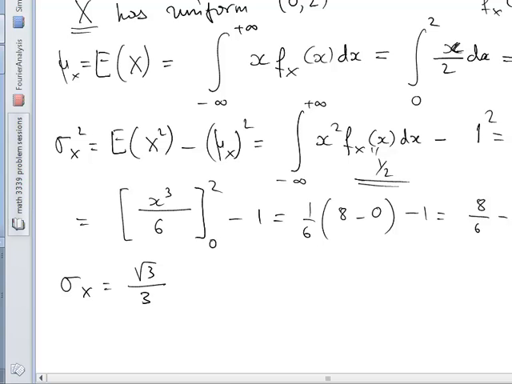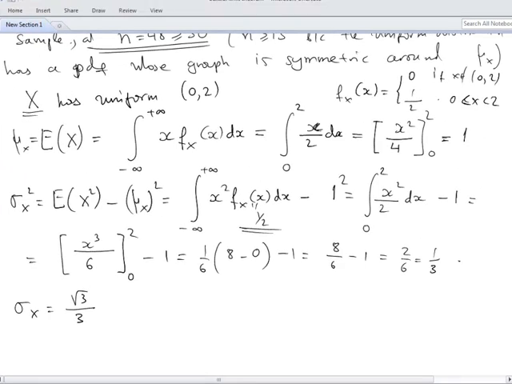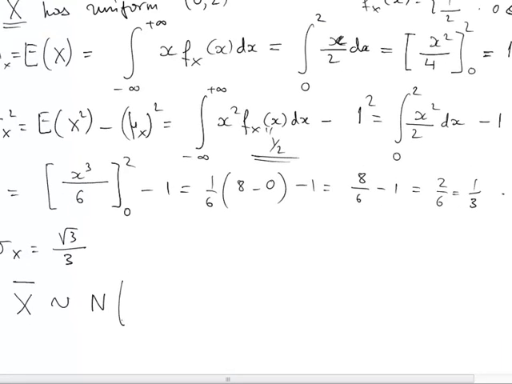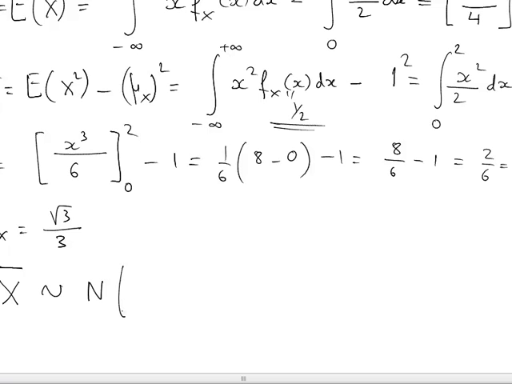So now I can continue. I have what I need. What do I know now? I know by the central limit theorem that x has approximately, since the sample size is big, greater than 30, it's 48, or greater than 15, because I don't have a very skewed distribution, it's very symmetric. Skewed means non-symmetric. X bar then will have approximately a normal distribution with mean equal to